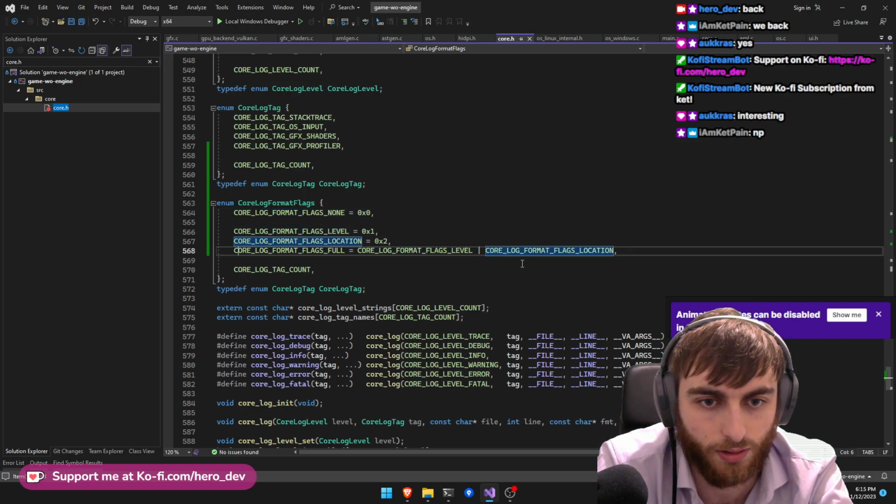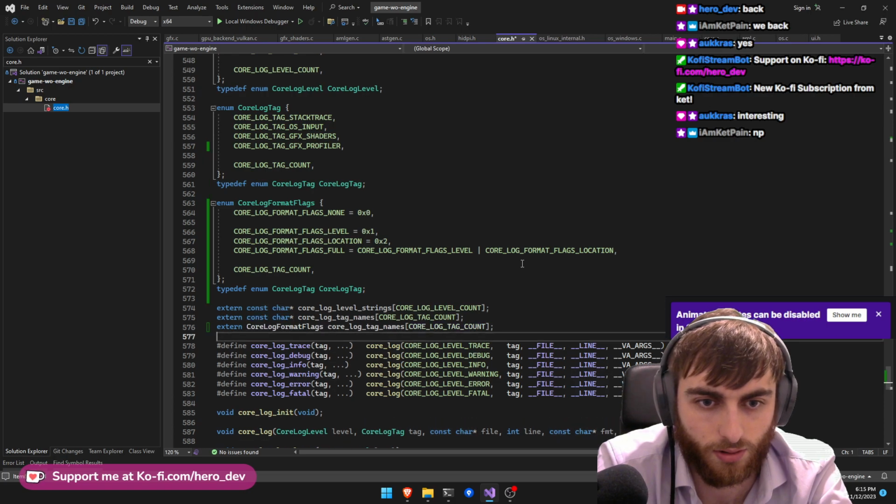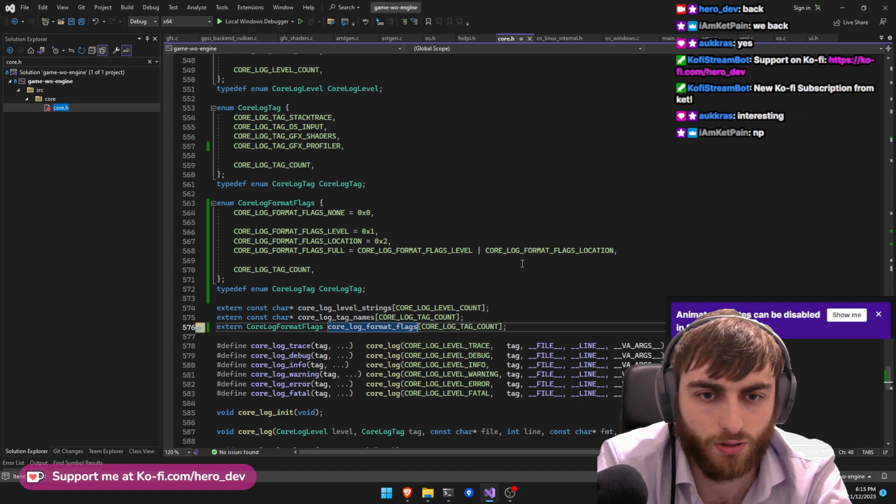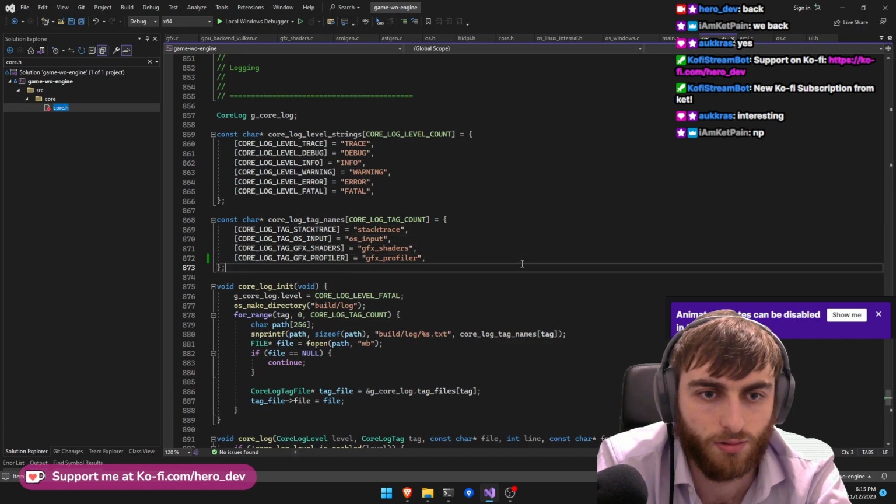It should hopefully be good enough to do it this way, I hope. Format flags. So you just want to copy the names one, and then we'll just